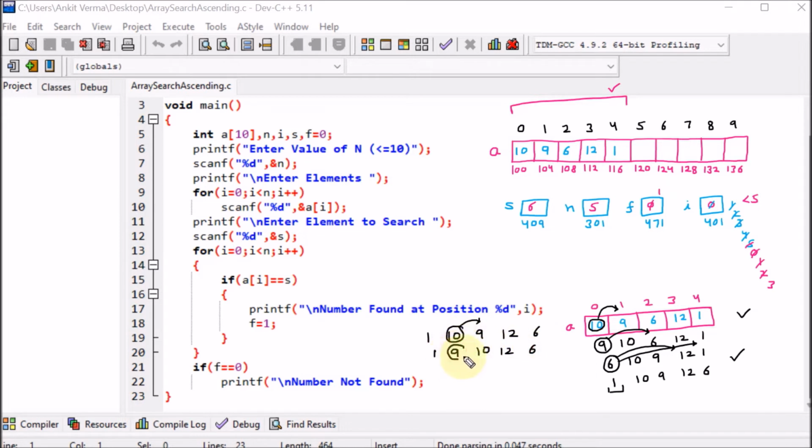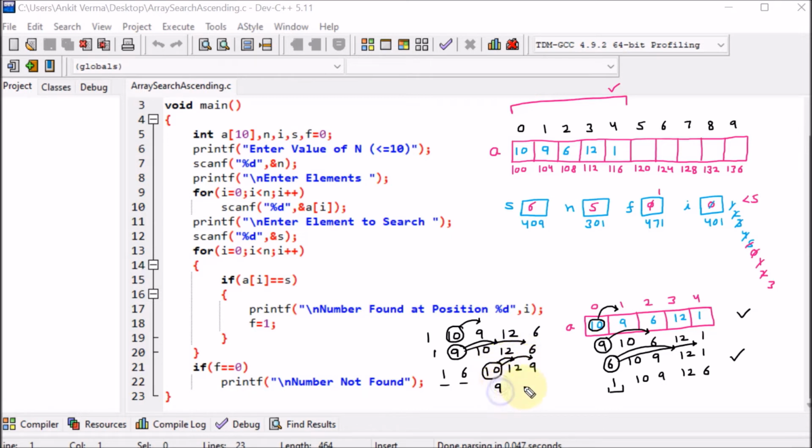Similarly this will be compared with the next. No problem here. Then afterward the next one. Yes, it will be swapped. So 6 and 9, then the rest will be as they are. After the second pass we can see that two elements are at the proper position. Again we will do it with the next element. Compare with the next element. You can see that there is no problem.